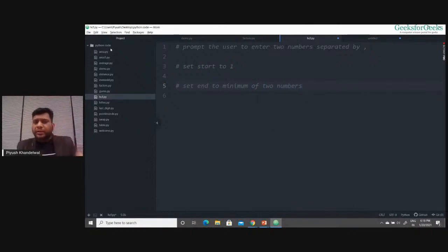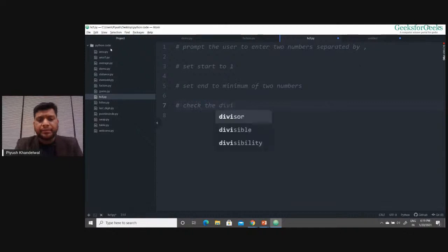So I have figured out the range in which I have to search for the HCF. After that, I have to check the divisibility of both the numbers from start to end.